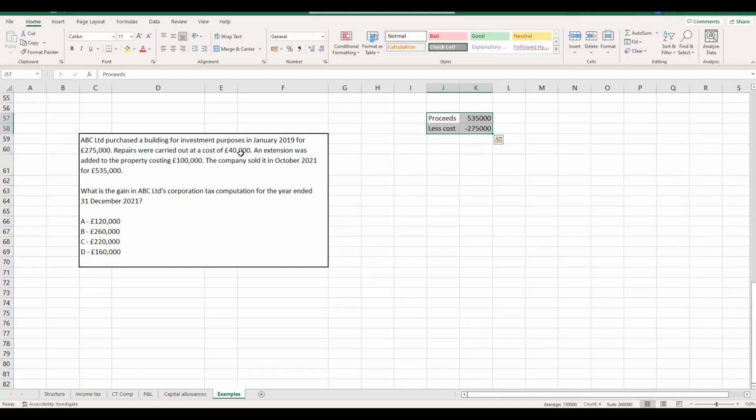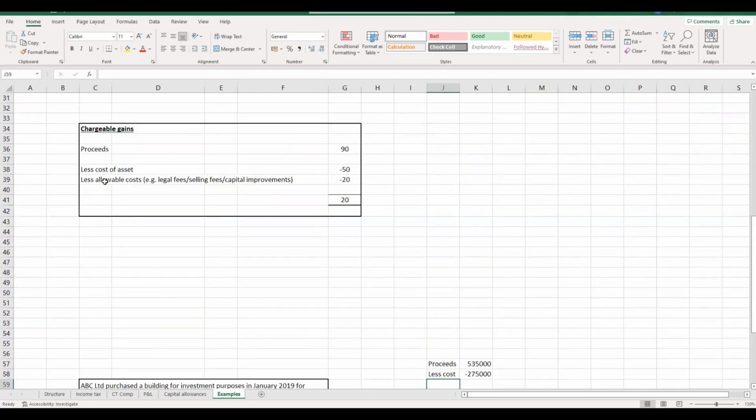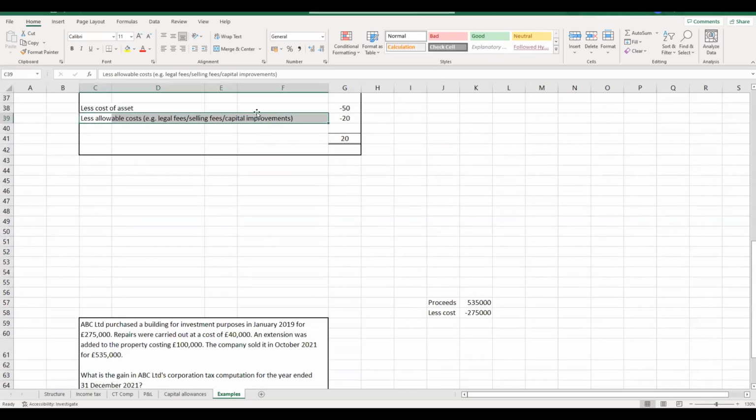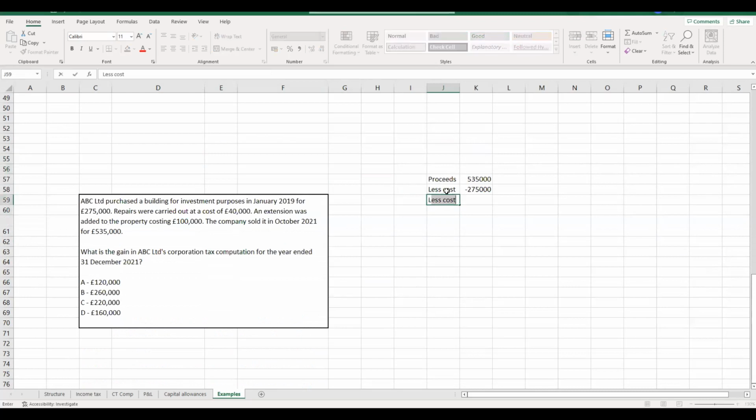And then what we just need to ask ourselves is, the final two aspects we've been given in this question, the repairs and also the extension, are these enhancement costs? Are these capital in nature? The repair costs, by their nature, are just repairing the property. They're not actually an improvement. They're not enhancing that property in any way, shape or form. So those repair costs wouldn't form part of our allowable costs. It's only, remember, those capital improvements. So essentially, the only other cost we have here would be the extension cost of £100,000.